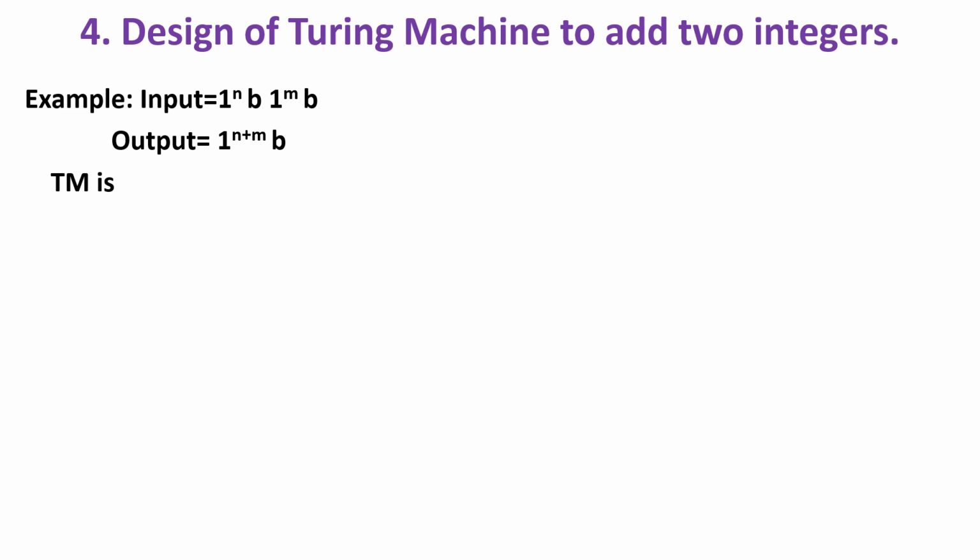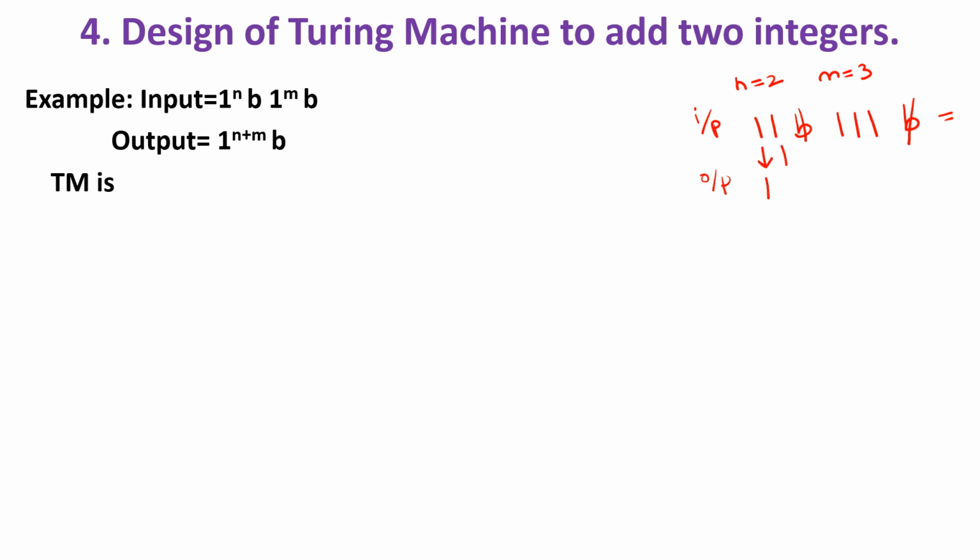Assume n is equal to 2, m is equal to 3. So the input is 2 ones followed by a blank, 3 ones followed by a blank. Finally, to get 5 ones,